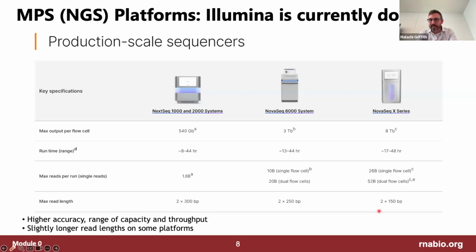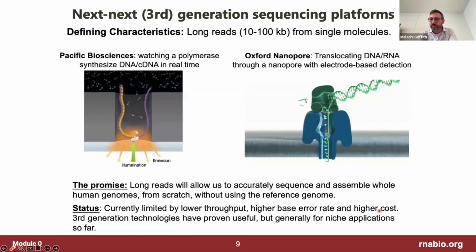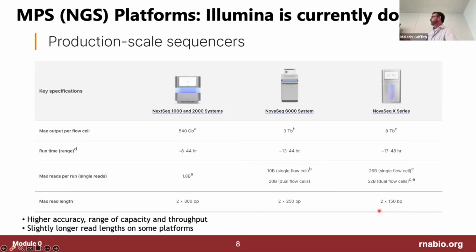approach. And this flexibility and level of parallelization has really driven the cost of this data generation down to the point that it's quite feasible to do experiments for a few hundred dollars per sample with all of these different kinds of sequencing assays. Okay, so we're going to pretty much entirely focus on this kind of data that was generated